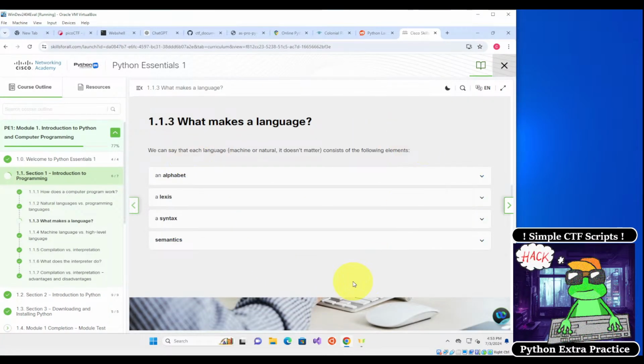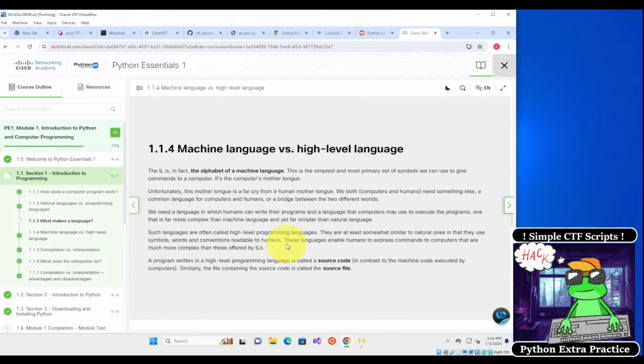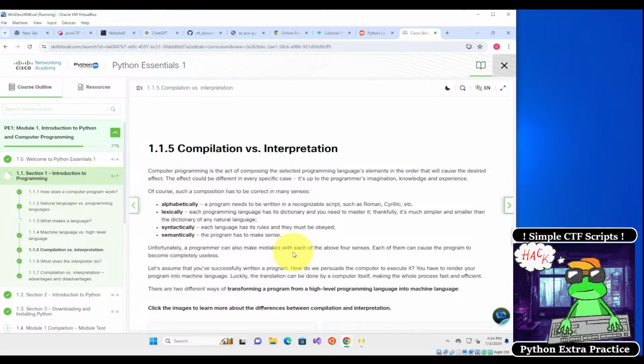The great thing about this course is that there are a bunch of quizzes and interactive windows that you can work through while you're doing the course. It does a lot of explanation, which is great. I actually think this is probably the best Python